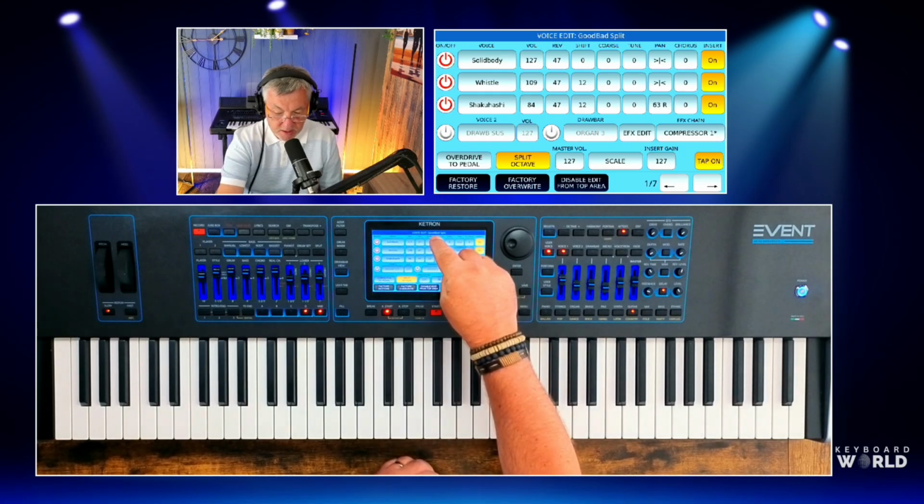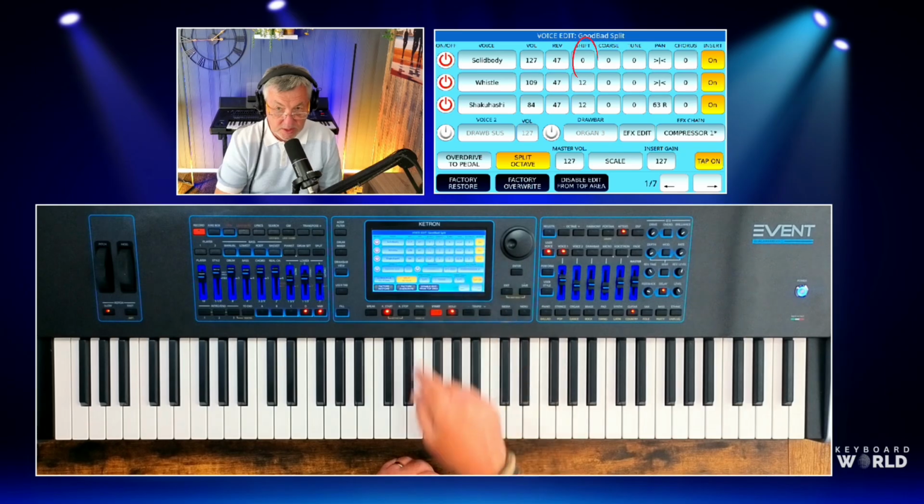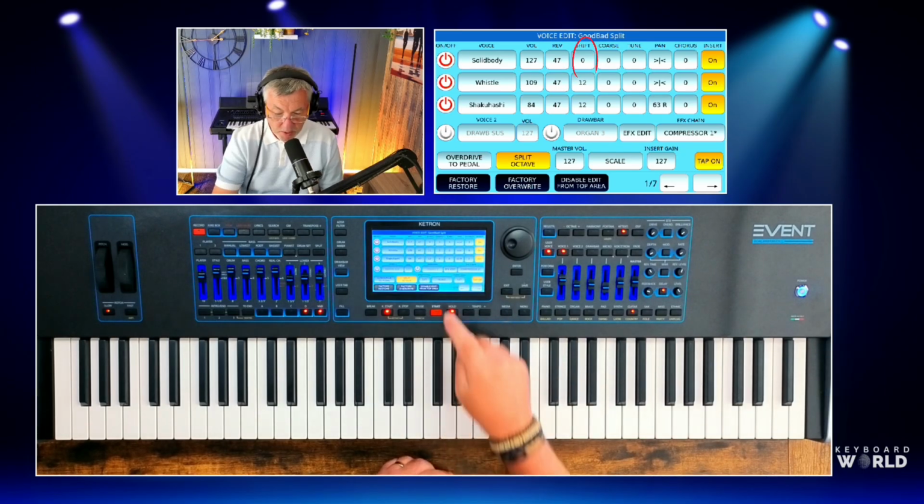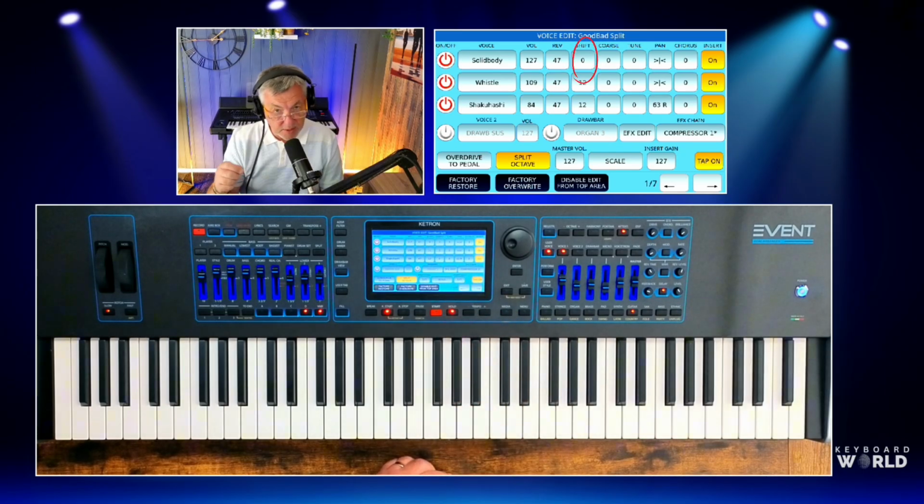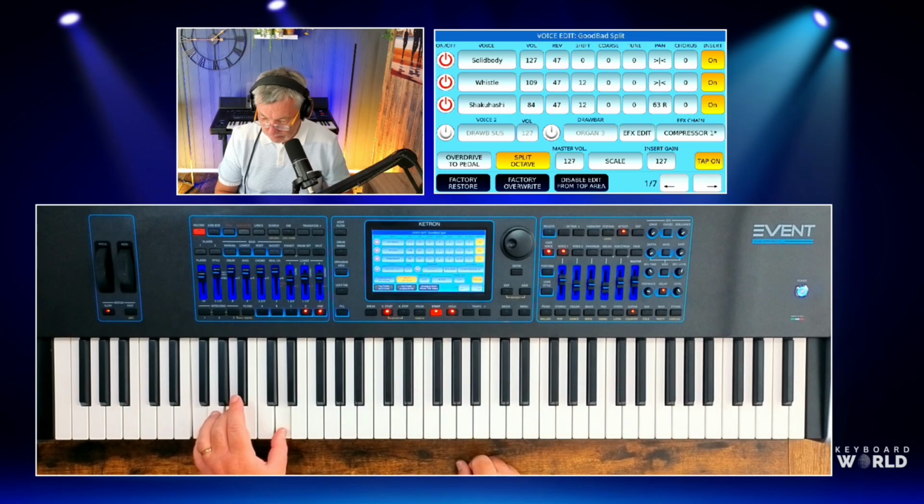The solid body guitar is not pitch shifted. You'll see the shift is at 0, whereas the whistle and the shakuhachi are actually up 1 octave. So what we end up with, if I put the style,